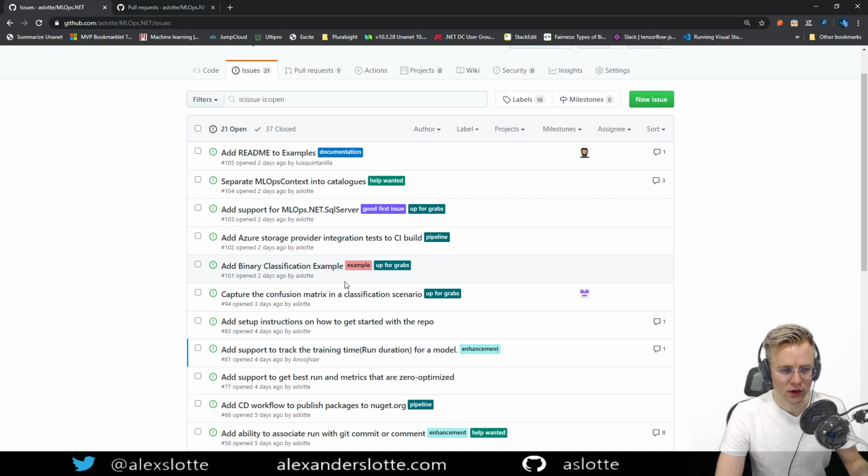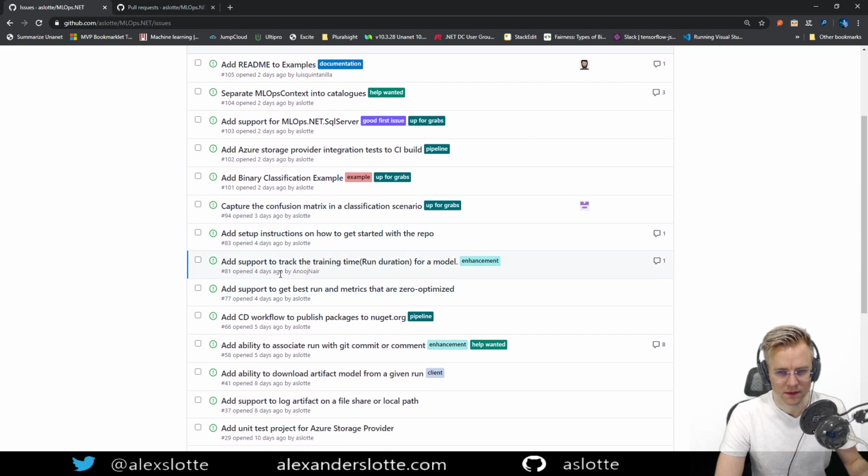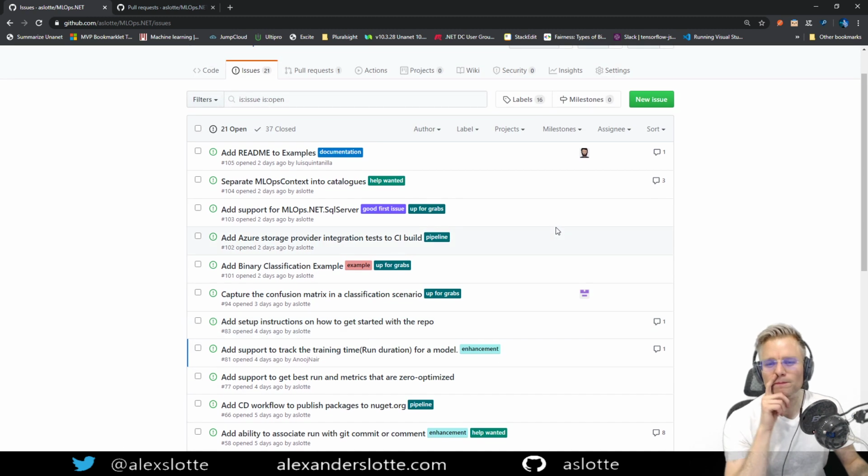What we can do is add a binary classification example. Would that make sense? Or adding a runtime for a model. That's also a good one. Or we can have some tests, honestly.